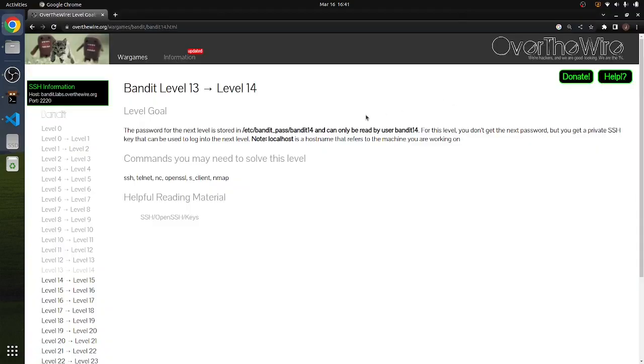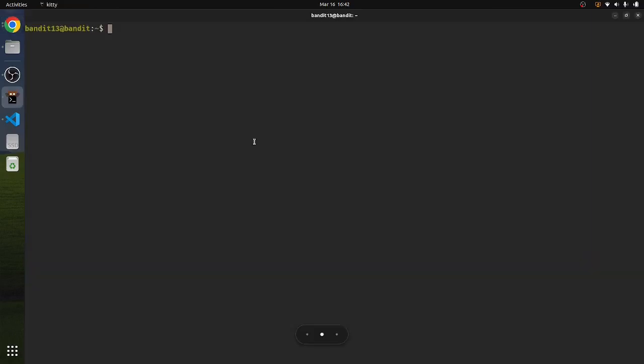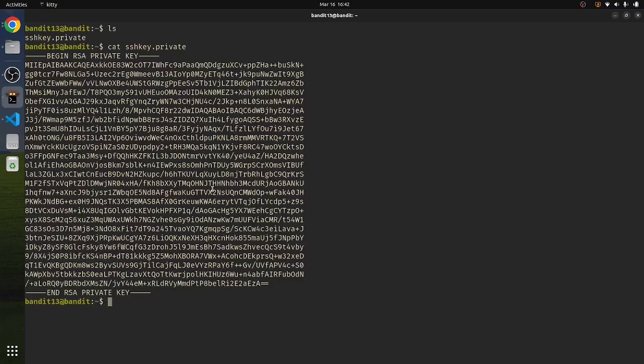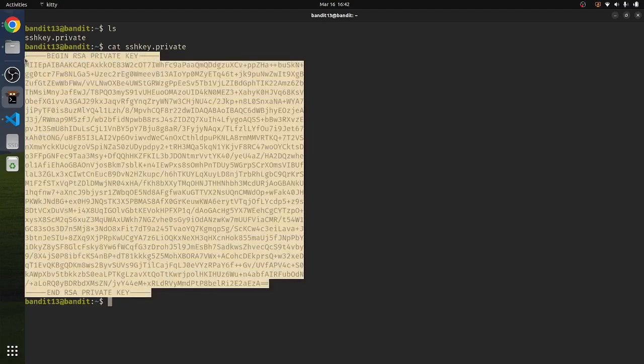All right, level 13 to level 14. It's saying the password is stored in /etc/bandit_pass/bandit14 and can only be read by user bandit14. So we get a private SSH key that could be used to log into the next level. Let's take a look at it. sshkey.private. If we look at that, we get a private key. So what we're going to do is copy all of this,